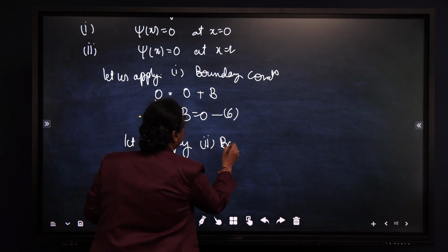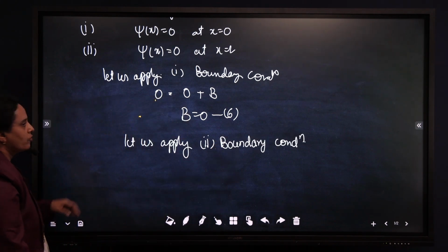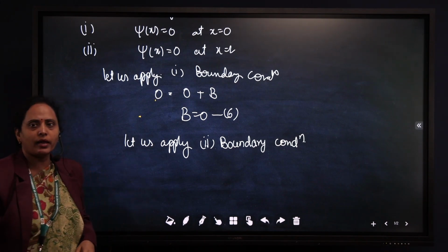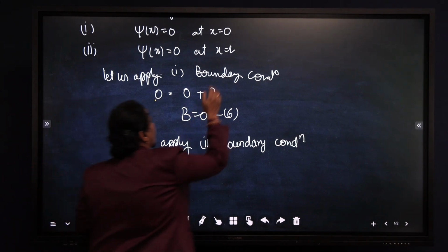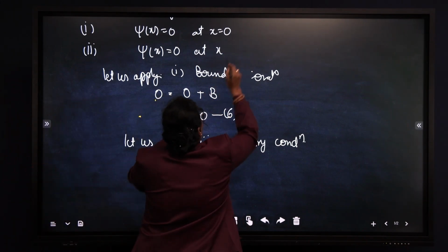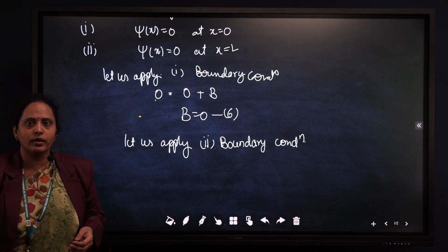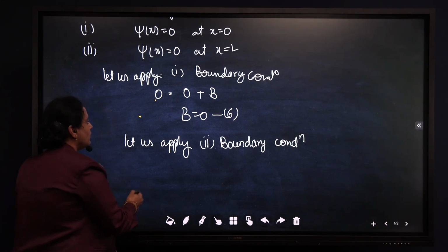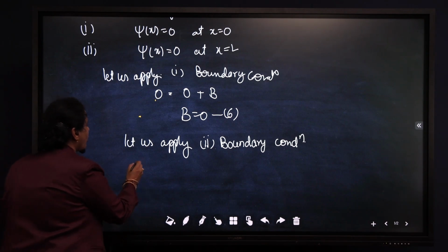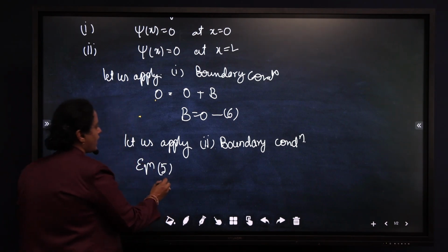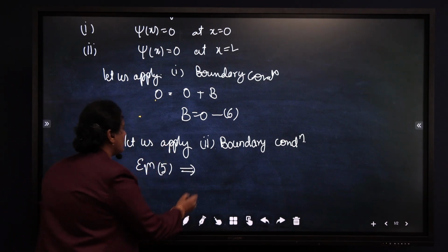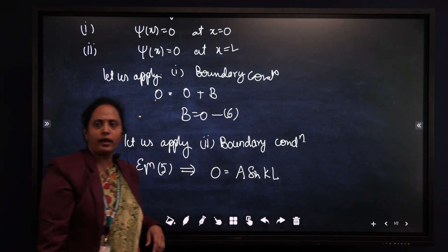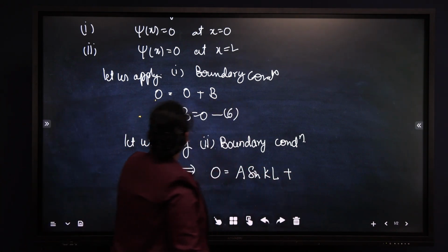Second boundary condition: psi of x is equal to 0 at x is equal to L. After substituting this value, equation 5 is modified as psi of x is equal to 0 at x is equal to L, that is a sin KL plus b is equal to